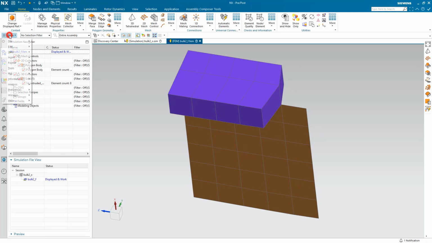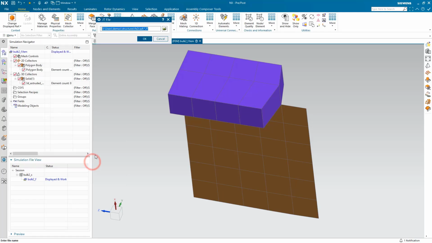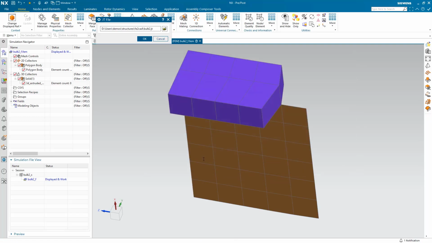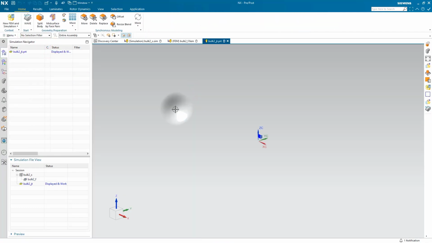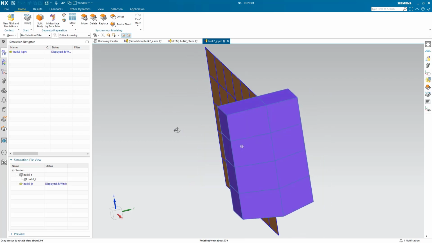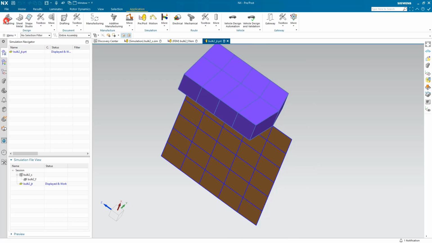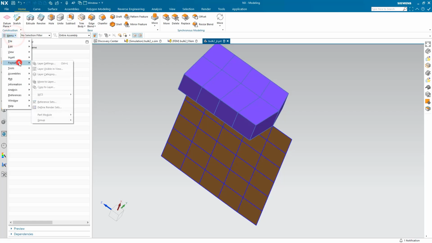So to do that, we need to get the finite elements into the CAD environment. To do that, we'll write out the nodes and elements as a JT file. Here we'll give the JT file a name. And then we'll open the JT file. So now we're looking at the lightweight facet data that was written out to the JT file in the modeling